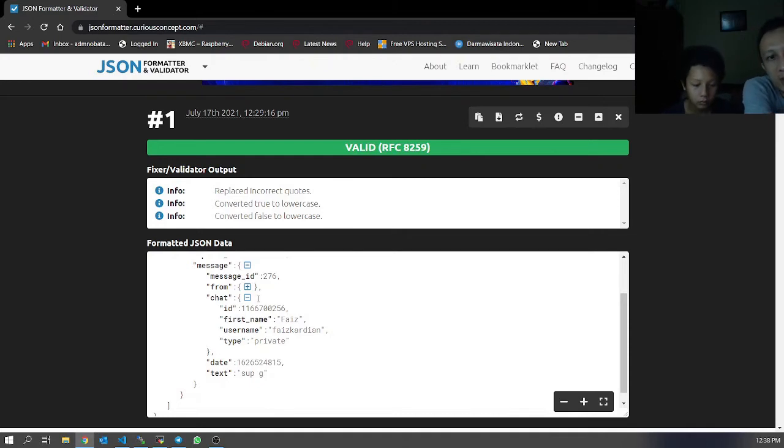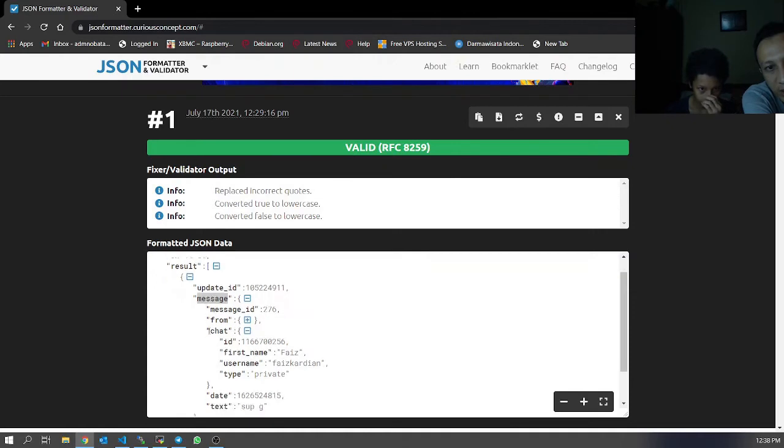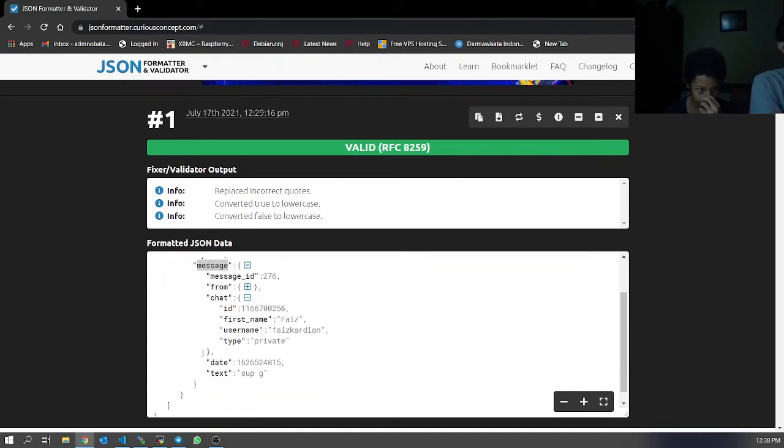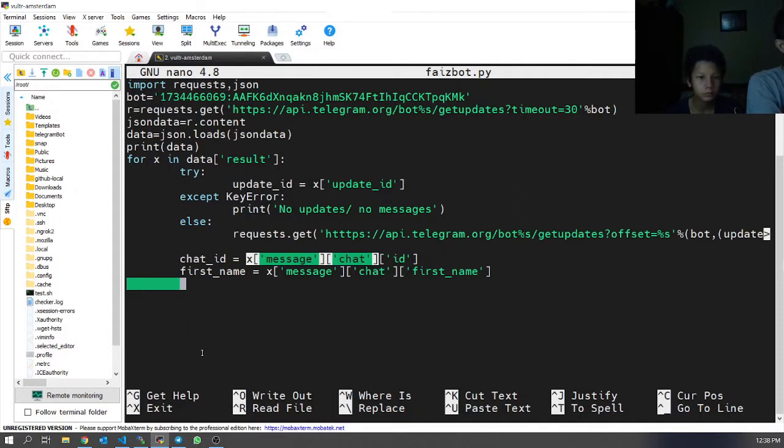So the text is on the message and then text, right? Okay. So your message is what you get, message and then text, maybe it belongs to you. Right. Okay. Then we already defined